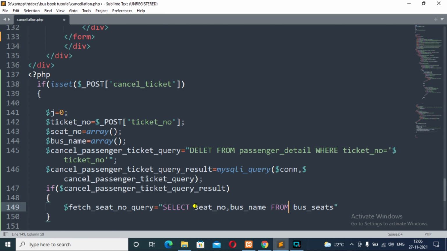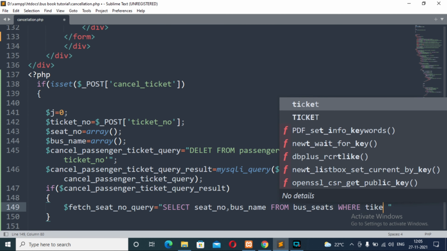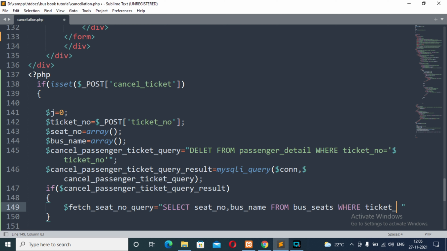Here seat number and bus seats are columns of the bus seat table. It should be clear to you. After that we will have the where clause followed by ticket number, which is also a column itself, pointing to the ticket number coming from the user, that is $ticket number.